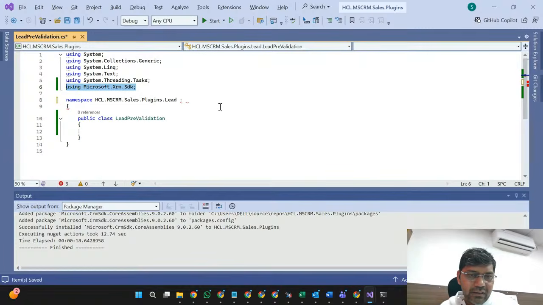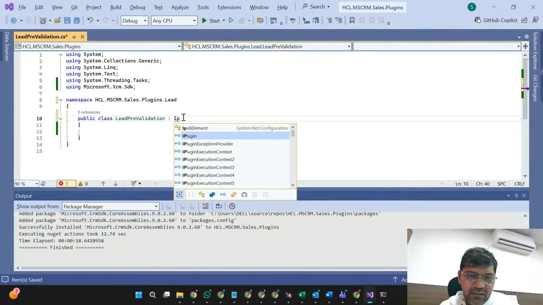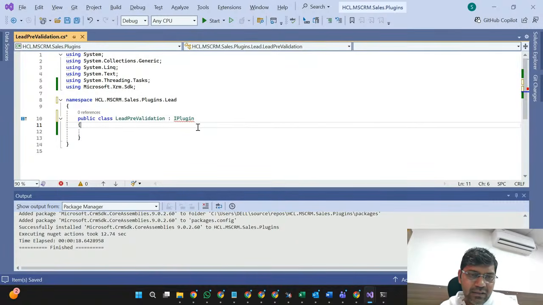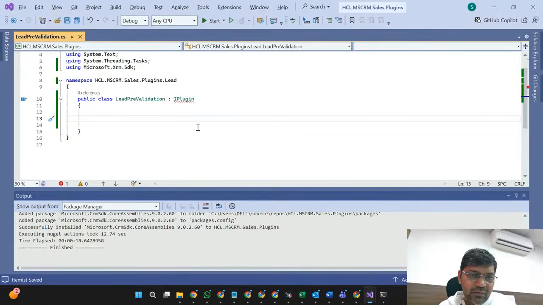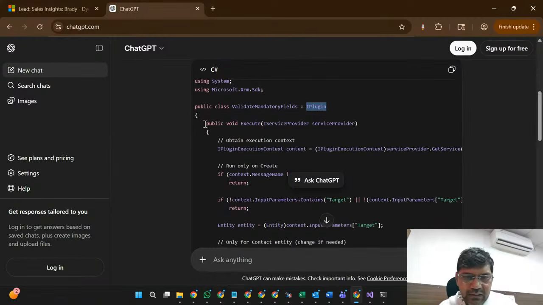This is the namespace here. I have to write my code. So it is expecting some default method, like this should be here.